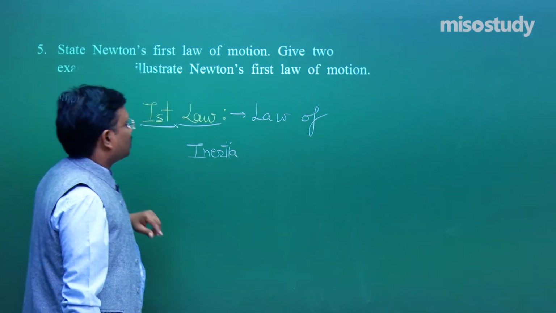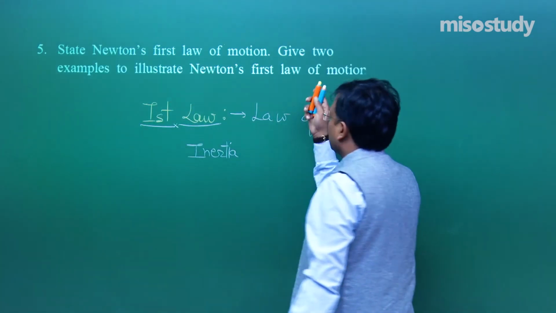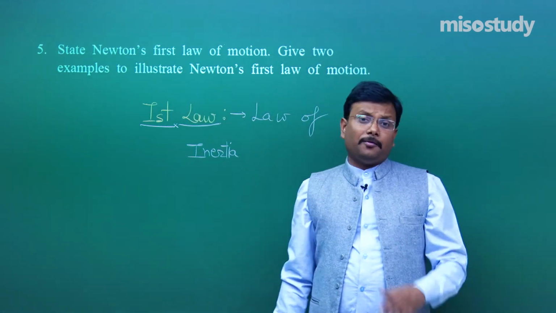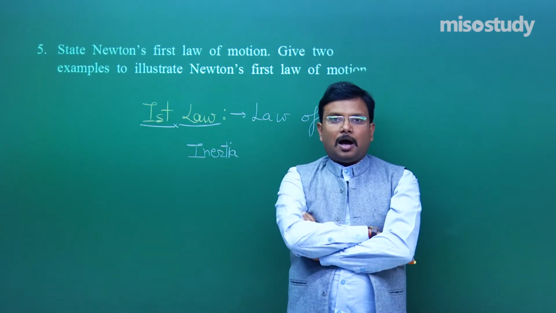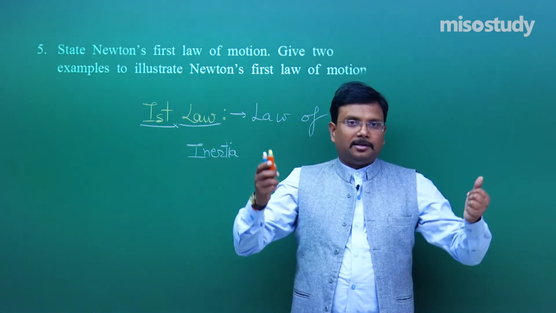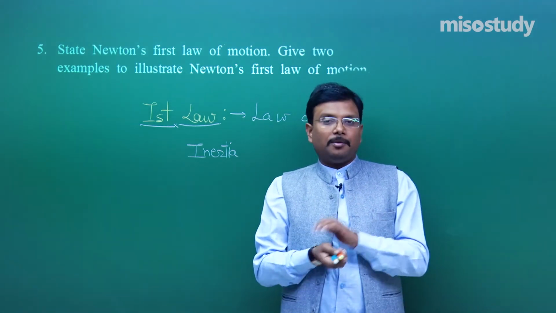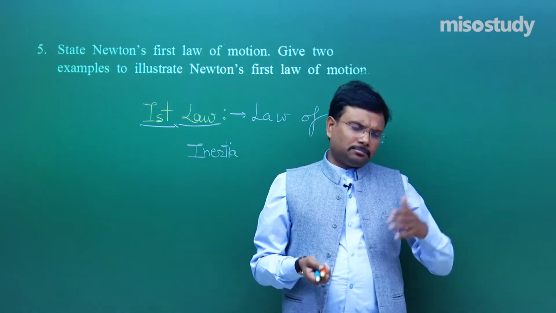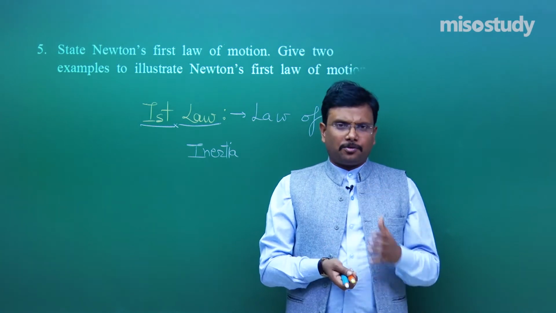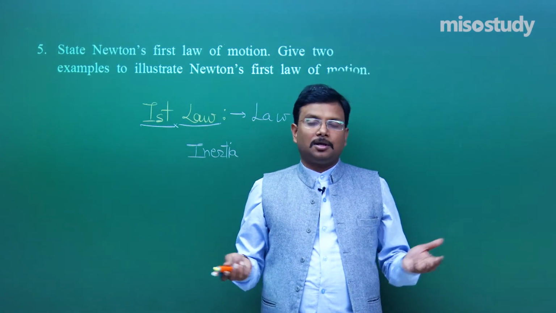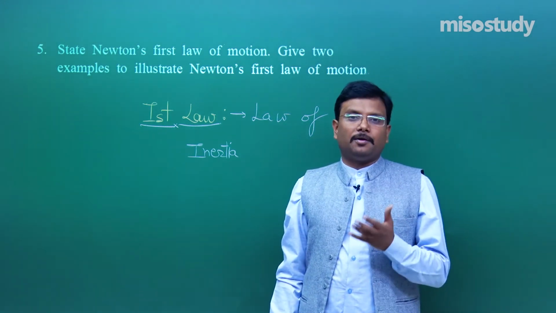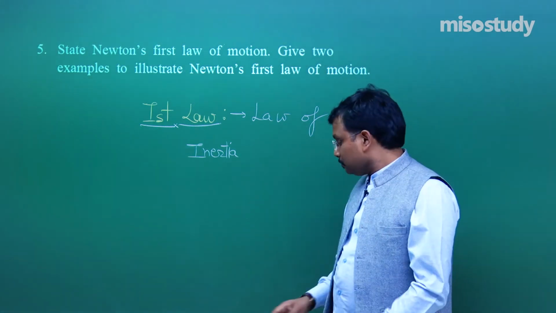Give 2 examples to illustrate the first law. So, one example is the way I started the discussion in the lecture. I am standing in a bus, the bus is moving, and I am not holding anything. So, what will happen? That is one example. Another example: I am sitting in a car, suddenly brakes are applied, and I am without seat belts, so my motion continues forward. Those 2 examples are, I think, very simple and good enough to give you the idea, fine.